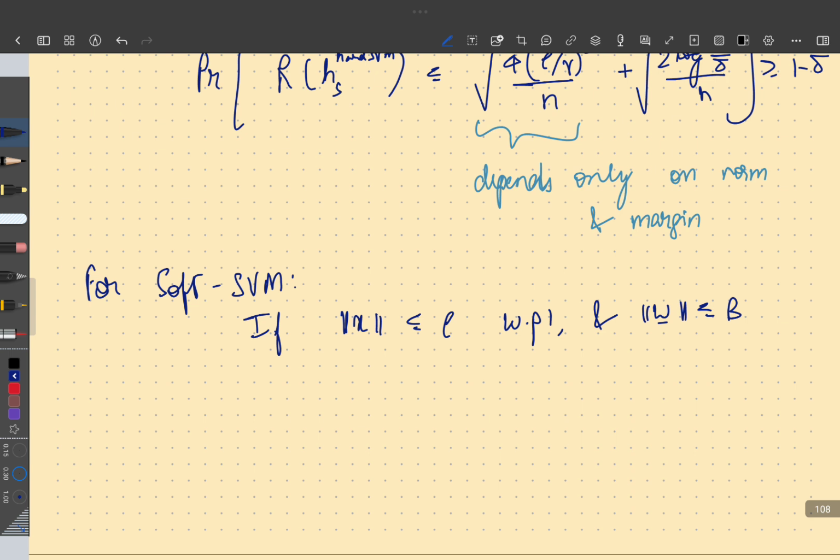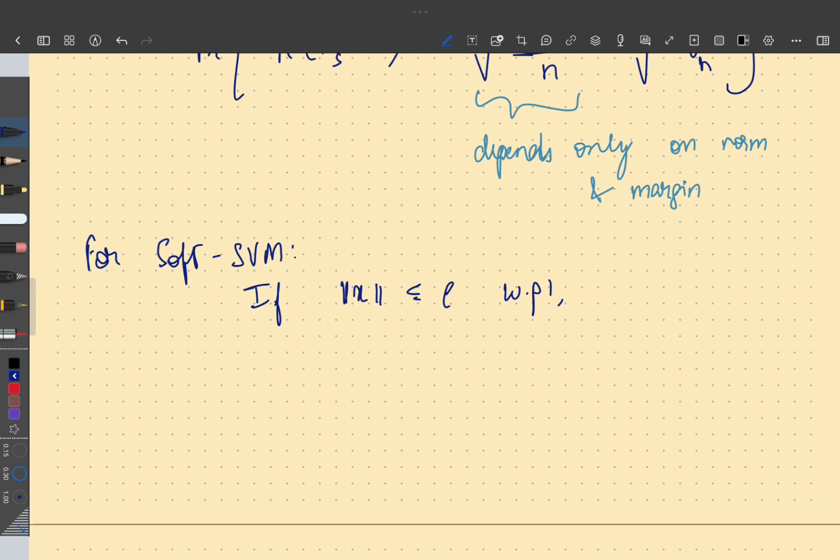So b and rho are two parameters that you're choosing. And so this right hand side is another restriction that we'll use. Then, in fact, you can say something even further, even without this. So as long as x has norm less than or equal to rho with probability 1, then our